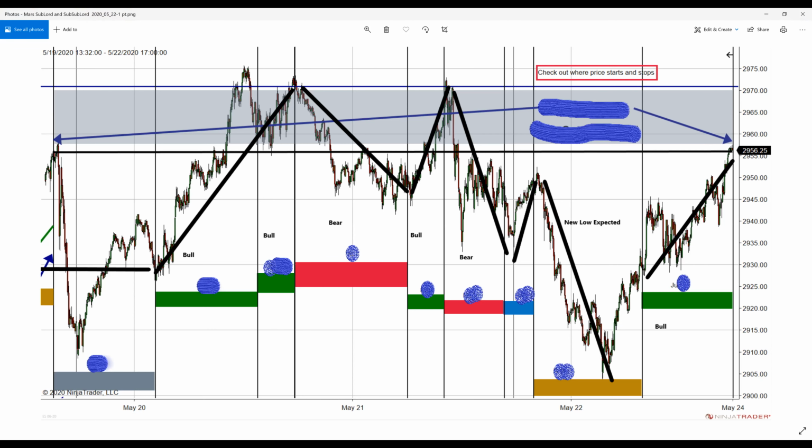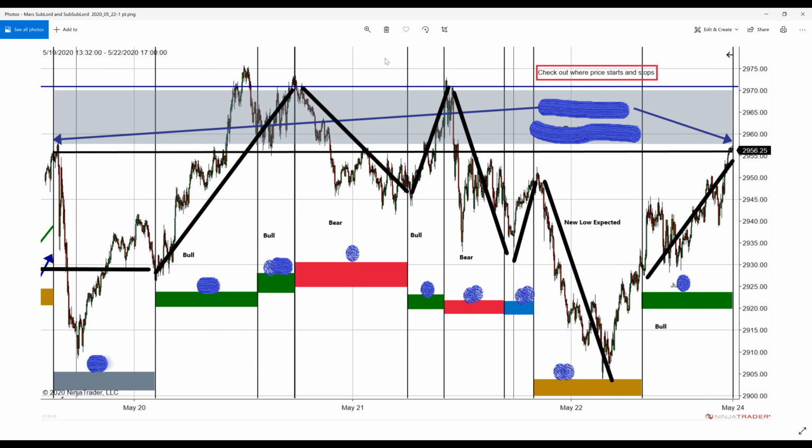Now we come into this area that I have marked in brown. This is very similar to the last chart. In this area, we will expect a new high or a new low. So we were expecting a down move in this particular zone. So we are expecting a low to form here, which is exactly what happens. And then after the low comes in, we start to move up. And then when we hit the bullish zone, the upward trend continues.